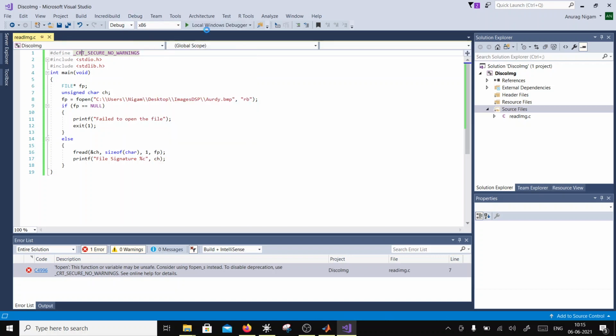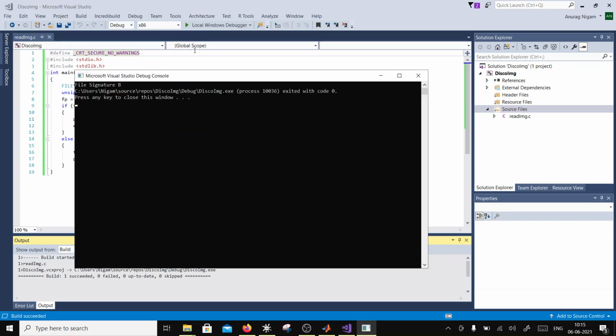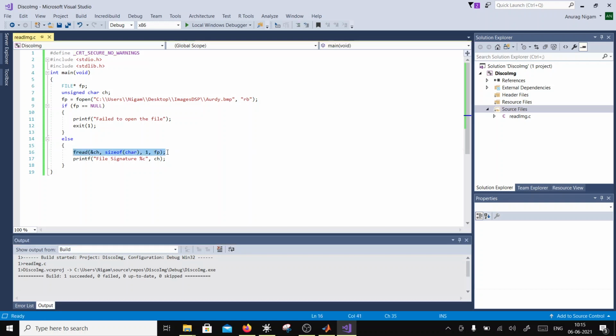We'll start with the debugging. Okay, file signature B. Correct. I'll read another character and put it over there. Ctrl+C, Ctrl+V, and here I am reading this again, and then I would say printf.